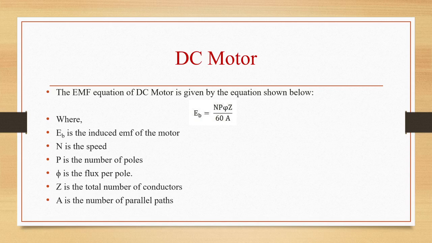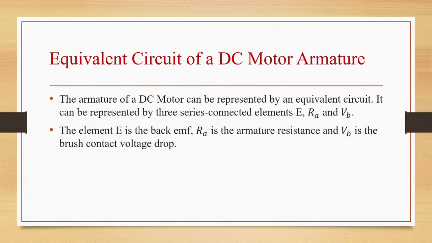Because in a motor, after motoring action, generating action will take place. So motoring action means what? Electrical to mechanical energy conversion. Then after that, conductors cutting the flux, EMF is getting induced. That is generating action. So that EMF generated is called as back EMF, and it is opposing the cause producing it. So it is called as back EMF according to Lenz's law. It is opposing the cause producing it. And how it acts as regulating mechanism, few points are there. So in detail I'll be discussing that later. Okay students, as of now just remember that EB is equal to P phi Z N by 60A.